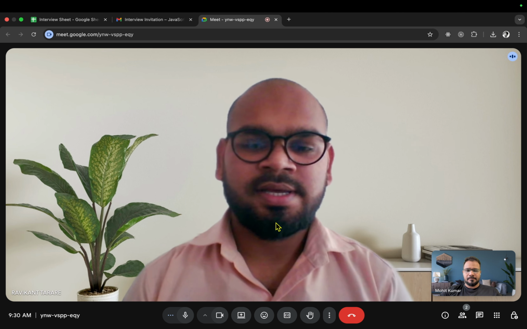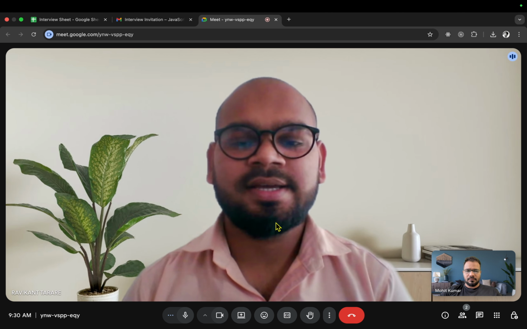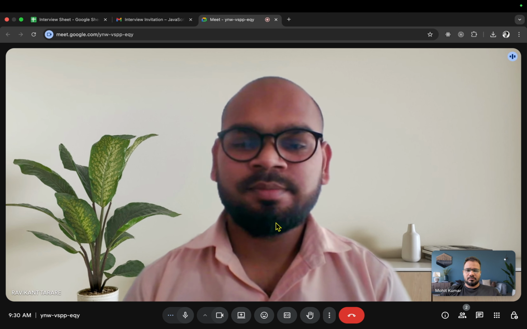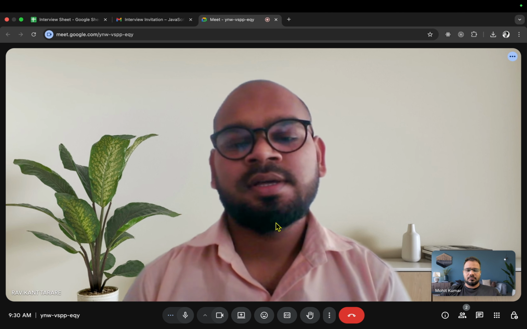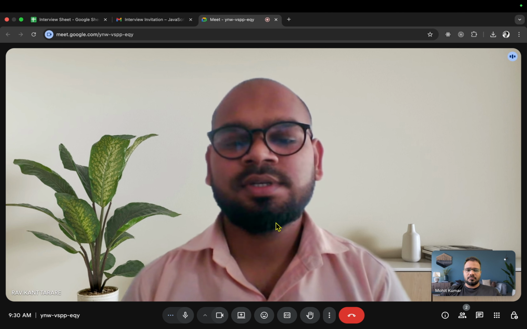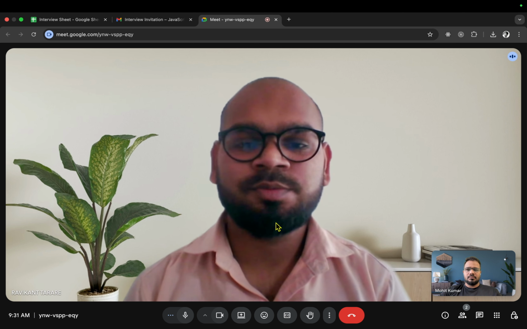If they add an amount as income, it gets added to the total income, and if they add it as an expense, it is added to the total expenses. They can also set a daily or monthly limit. If they set 5,000 rupees per month and overspend more than that, it shows how much money they have overspent.